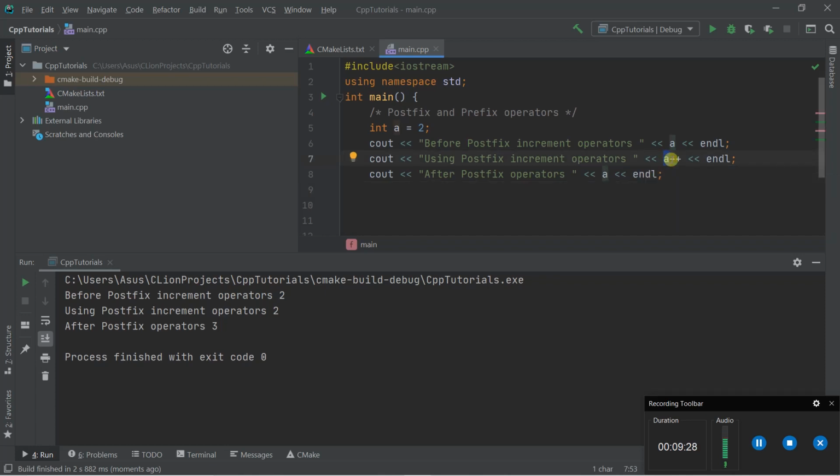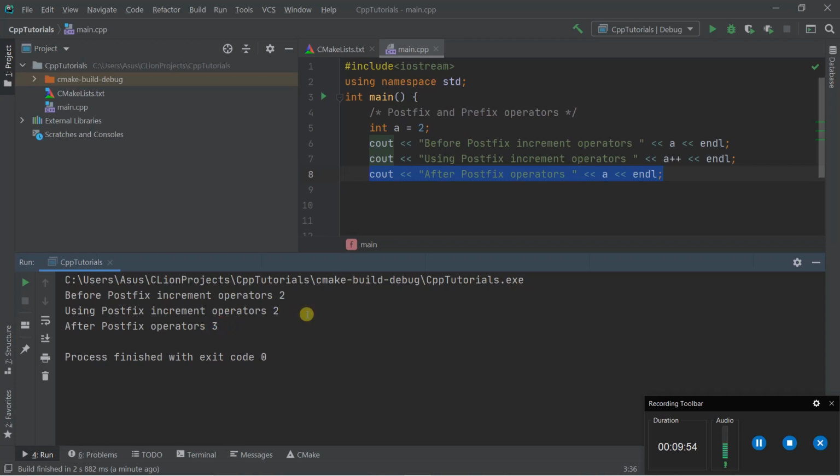So first the value of the variable is printed, and then after printing, the value of the variable is incremented by 1. So here, after printing the value 2, it will become 3, and when we print the value of a in the next line, the value 3 is printed here. Fine. So after the postfix operation, the value will become 3.